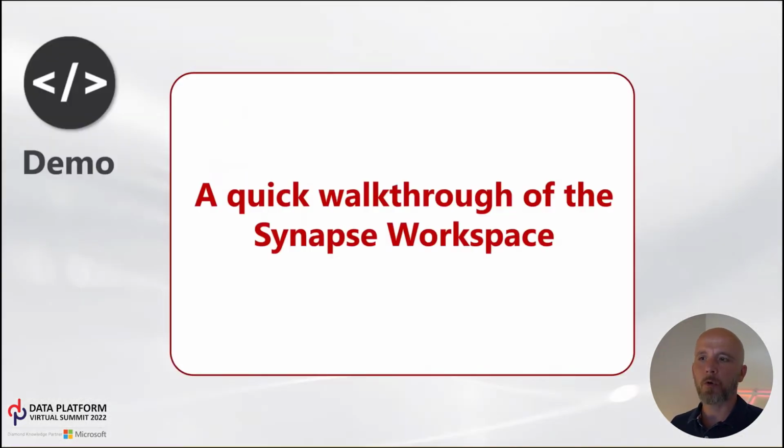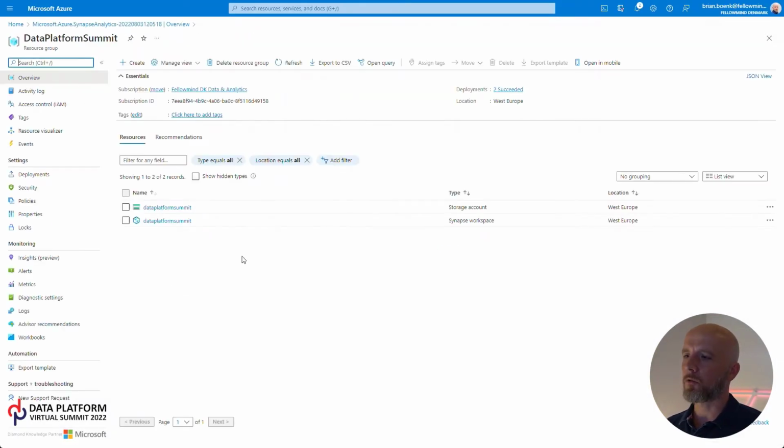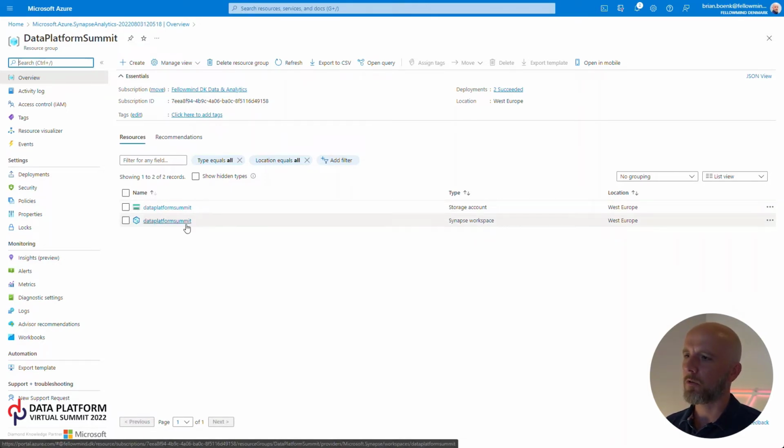Next up is a quick walkthrough of the Synapse workspace, what it looks like, what the UI is, and how I'm using it. So let's dive into the Synapse workspace. I'm just going directly to the resource group. Here it shows me I have the storage account, Data Platform Summit, and I have the Synapse workspace with the same name. If I then click on Data Platform Summit,